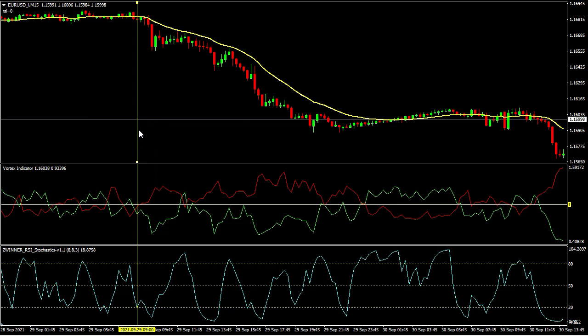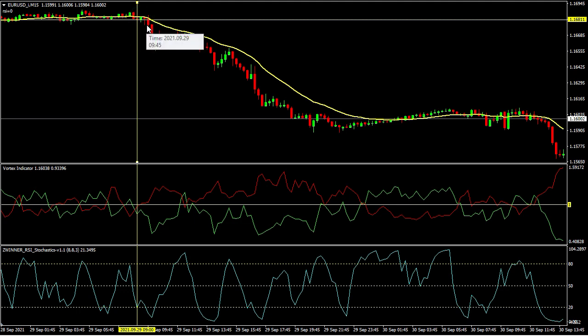Here the sell signal is here, and the Z1 RSI stochastic is also going down. Yes, both of them giving sell signal. And the candle is below the moving average. So at the open of the next candle, which is this one, we will sell,